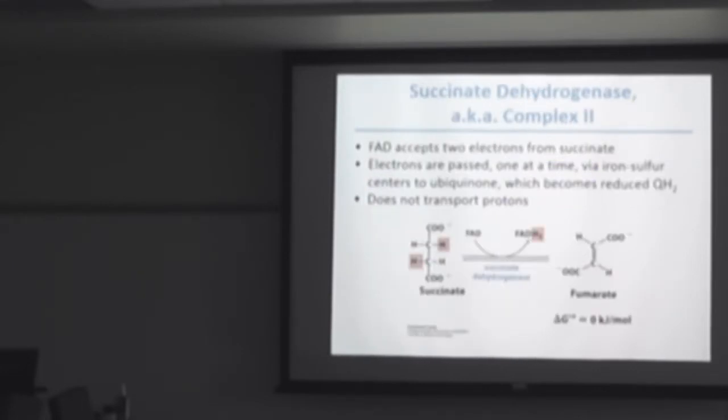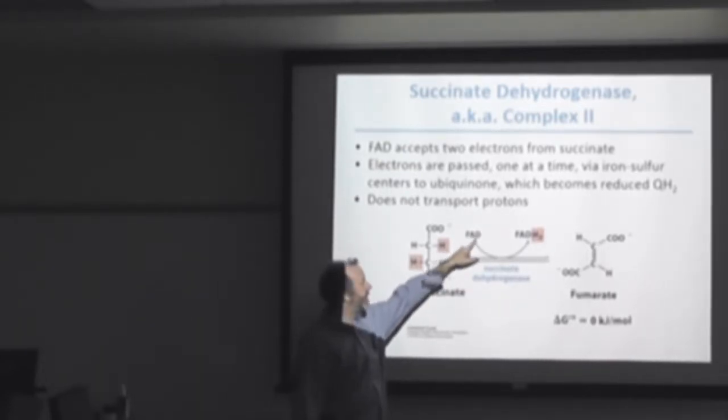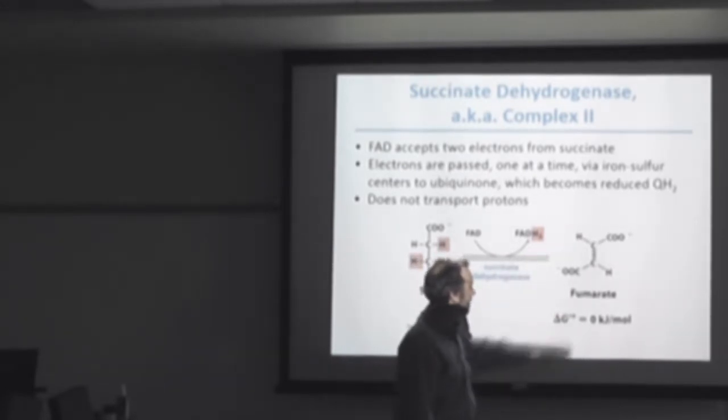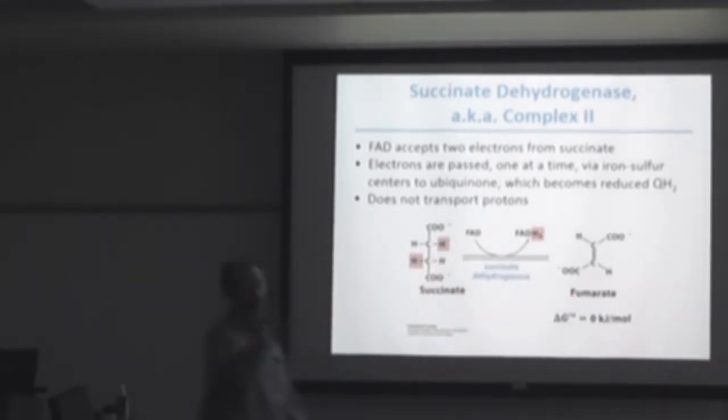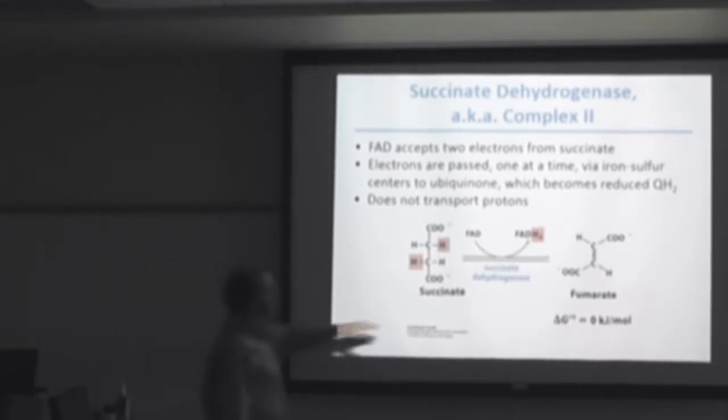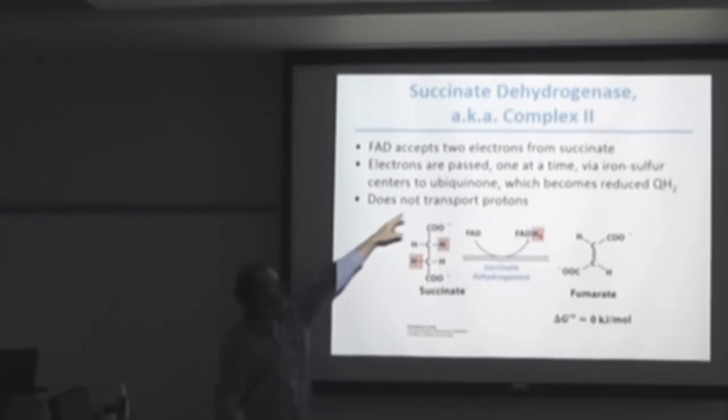Complex 2 is, we've heard this before, succinate dehydrogenase, right? So we remove a hydrogen from succinate, and that hydrogen comes with electrons, and we reduce FAD to FADH2. And that produces fumarate, which can then go on through the TCA cycle. But these electrons then go through the electron transport. So FAD accepts the 2 electrons from succinate. Electrons are passed 1 at a time, again via iron sulfur centers to ubiquinone, where it becomes reduced,